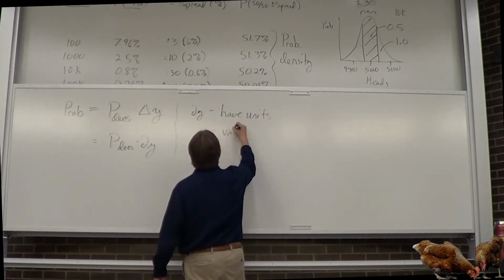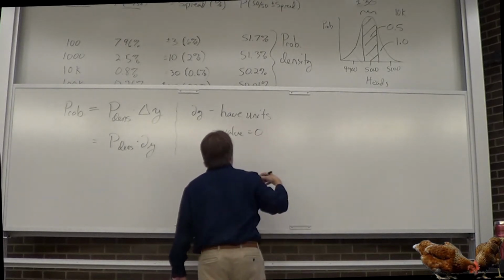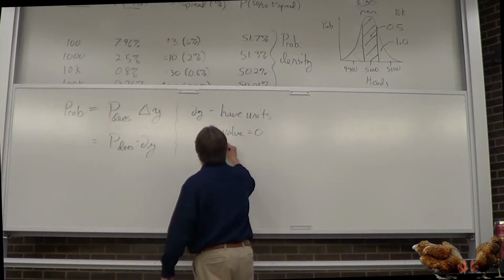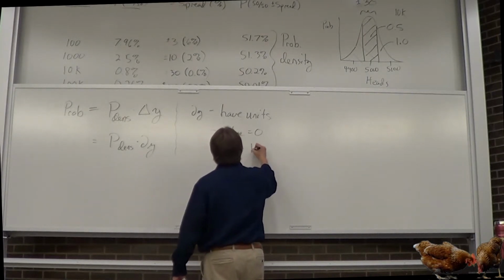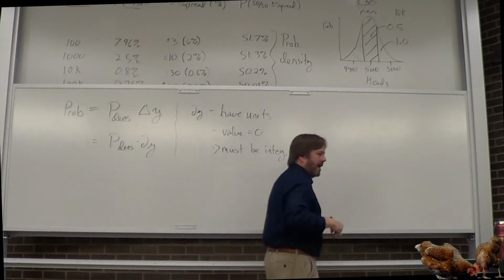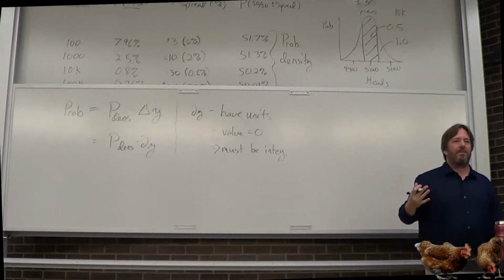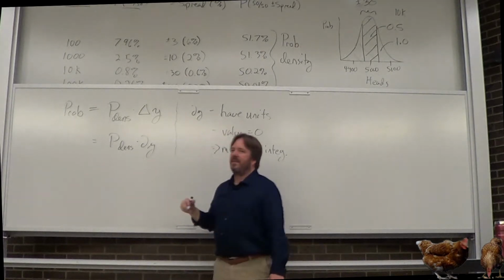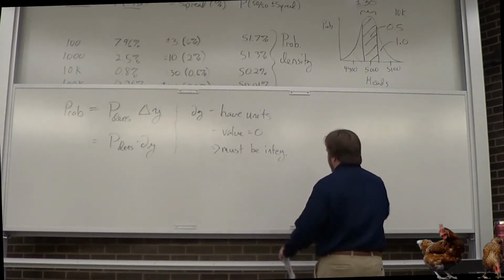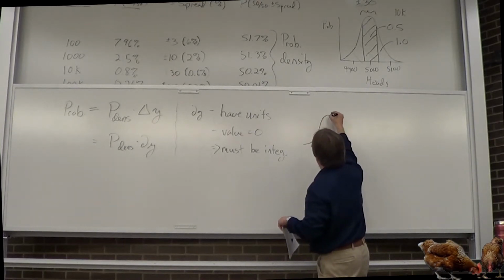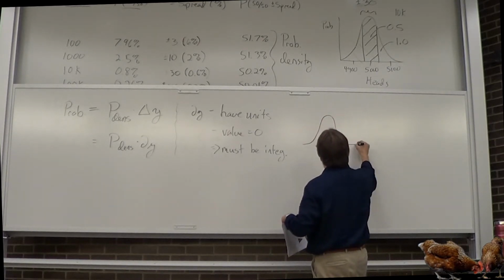Their value is of course zero. That's why they have to be integrated. Oh, let me write that down. So therefore, they must be integrated. Let me use some shorthand there again. Okay, so they must be integrated because otherwise, this is zero. This is zero. Let's look at this probability distribution. Hopefully we'll understand this a little bit better.